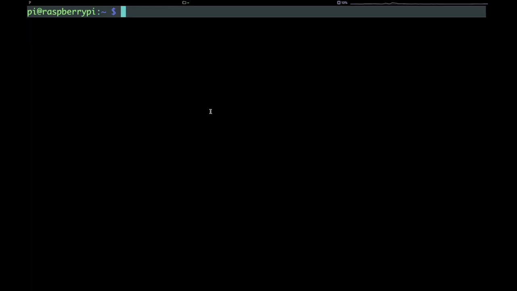Okay, the first thing we want to do here is to format the external Samsung 1 terabyte drive that I have attached, and then get it mounted permanently to a location that I can actually remember. So the first thing we want to do is get this disk reformatted. I have the 1 terabyte Samsung attached to the USB,